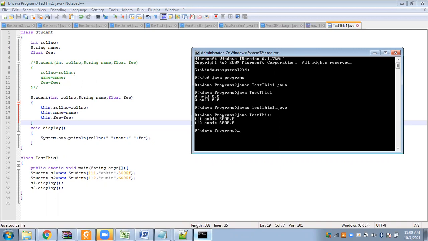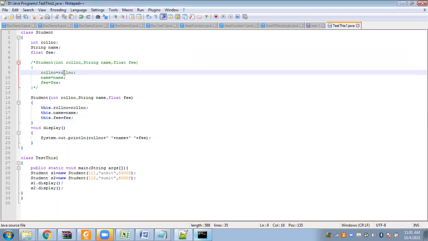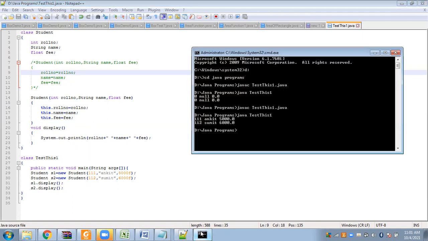So it's fine. If you look at the syntax, if you look at the logic, everything is right. The problem is in the ambiguity. From whom are you going to assign the value to whom? When you write roll number equal to roll number, which is this roll number and which is this roll number? The compiler's job is to simply compile the program because there are no errors.